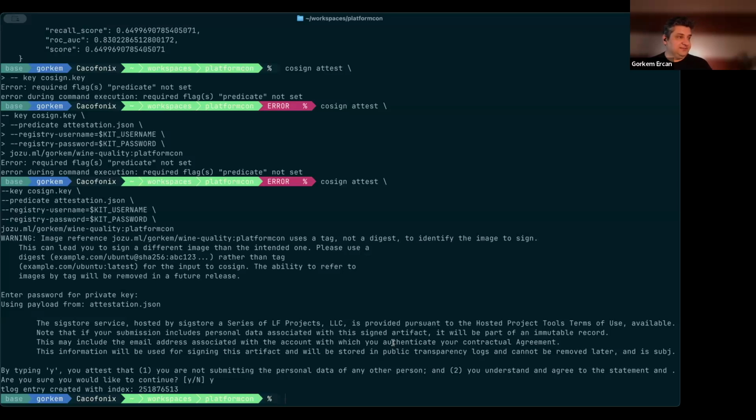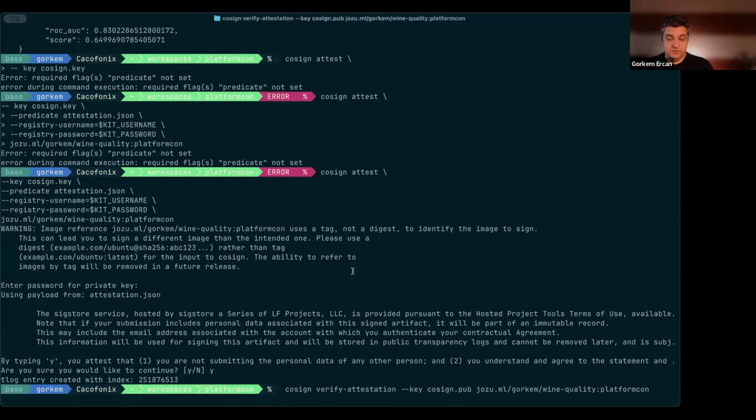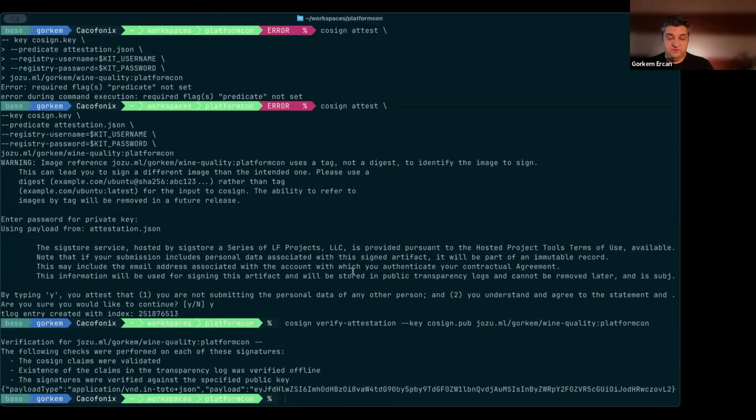So right now this is attested. Let's see if it is attested. What this one is doing is it's actually using the public key to retrieve the attestation. As you can see, let's run this through.